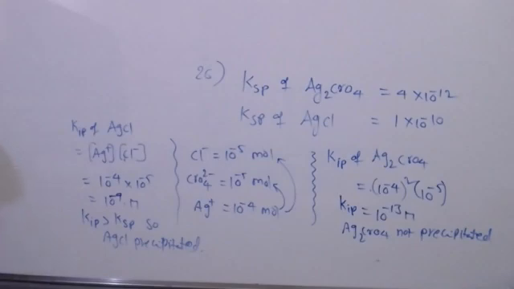H2S is passed into 1 liter of a solution containing 0.1 mole of Zn2+ and 0.01 mole of Cu2+ till the sulfide ion concentration reaches 8.1 × 10^-19 M. Which one of the following statements is true? This is a practical-based question. The Ksp of zinc sulfide and copper sulfide are mentioned. Same kind of question, let's try this.